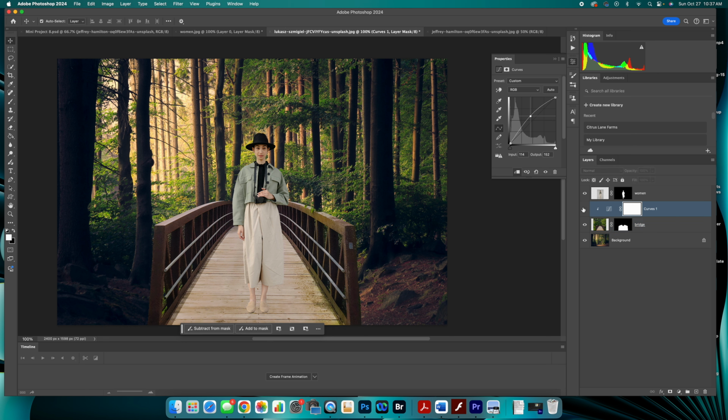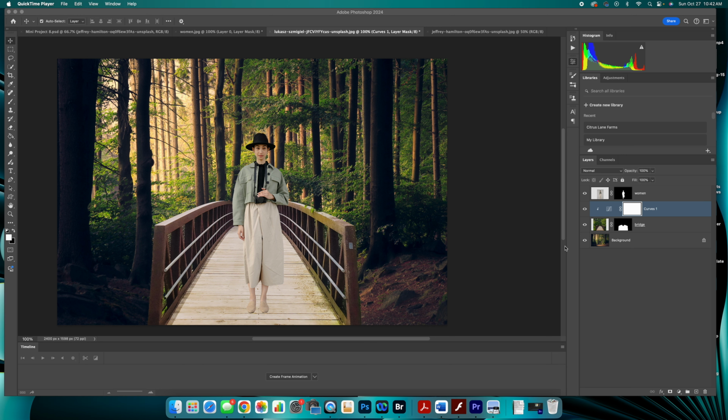So I can see the before and the after. And because the light's coming through, I want that maybe just to be a little bit lighter. Next thing I want to do is add a color adjustment. But I only want the background to be affected. I want this really moody